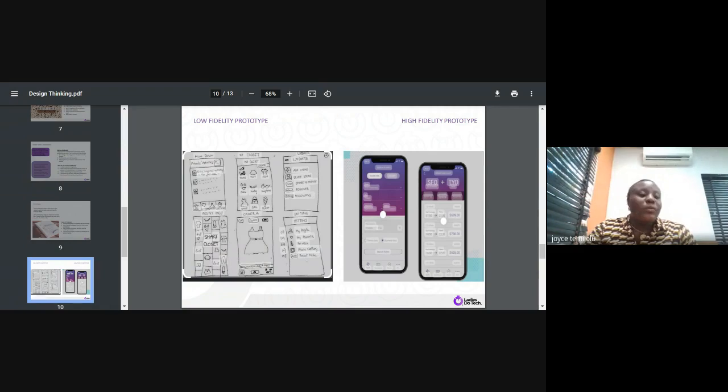So when my front end guys are working on a particular solution, they can be like, oh, this is how it's supposed to move. This is what goes to what. This is what speaks to what, right? So that's just it on prototyping. I was able to list 4 types of prototype aside the popular low fidelity and high fidelity prototype that we know of. And moving ahead to the final stage of design thinking,